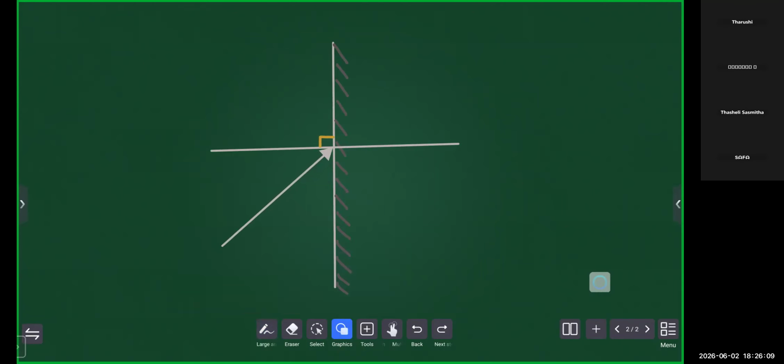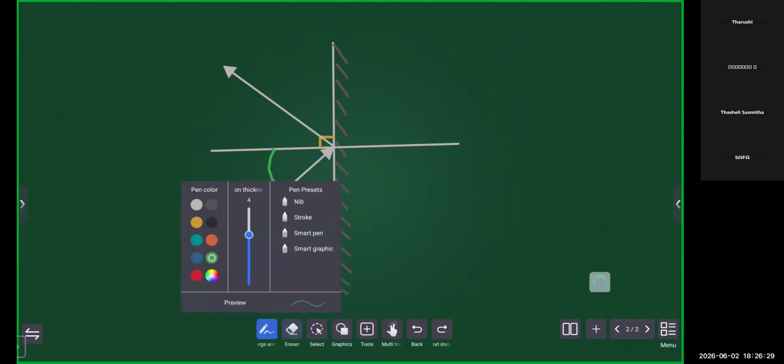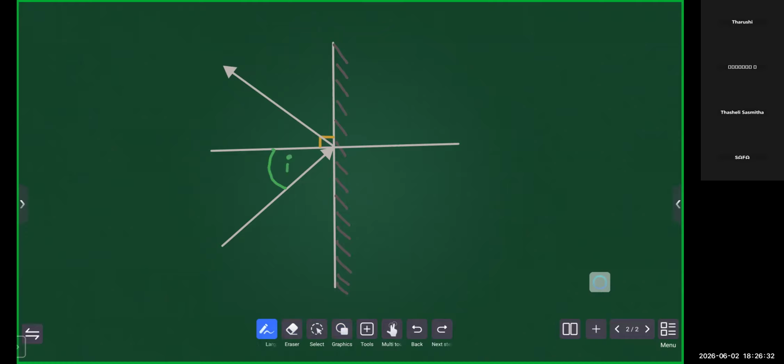It comes here and reflects back with the same angle. If it is a plane mirror, this angle we call the angle of incident, I. And this is the angle of reflection, R. Let me write down what that is. Angle of incident. And here, angle of